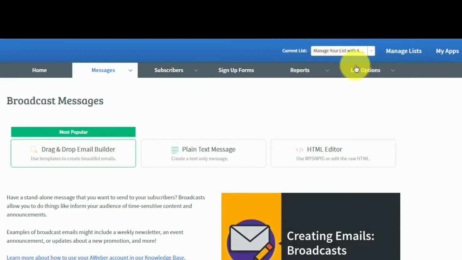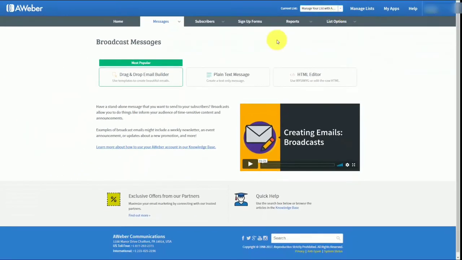If we want to change the list that all of these menus are going to be associated with, all you have to do is use this drop down arrow, and then you can choose the list that you actually want. Okay, so we have now created the first list,